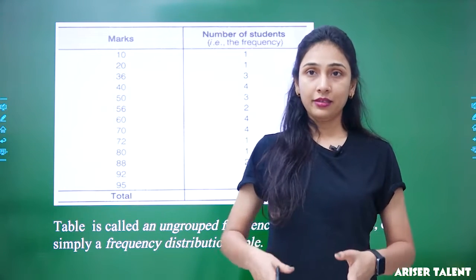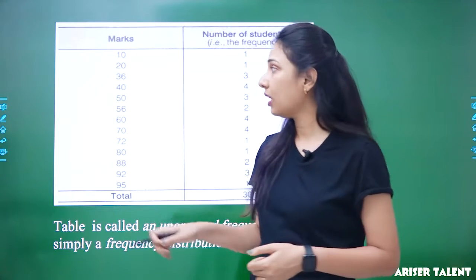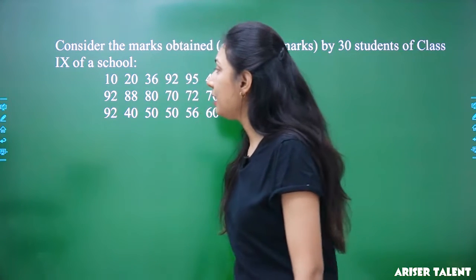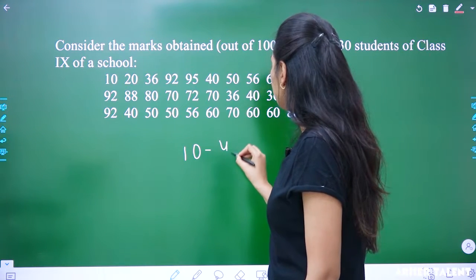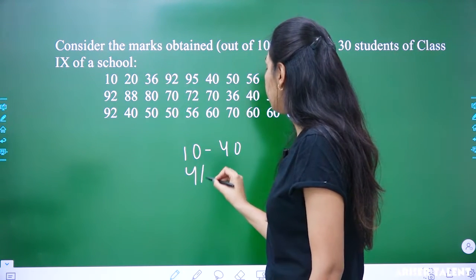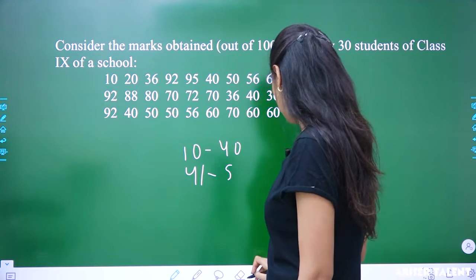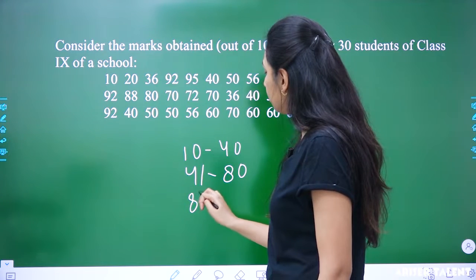Did I group it? Okay, I grouped any particular numbers. How can I group these data? Maybe I can make this group as 10 to 40, and then 41 to 80, okay, and then 81 to, let's suppose,